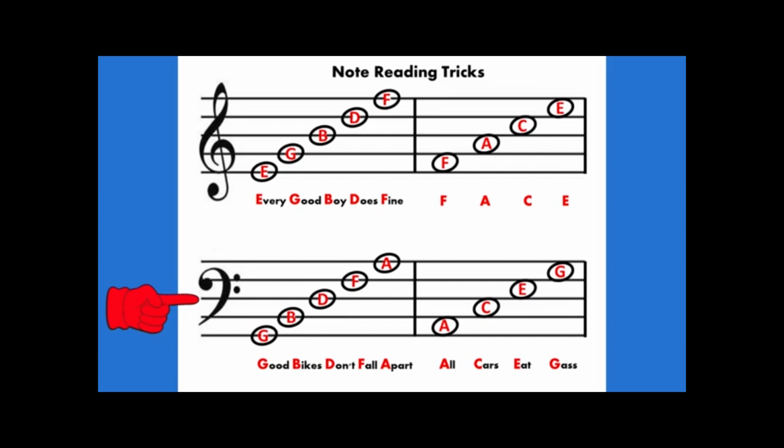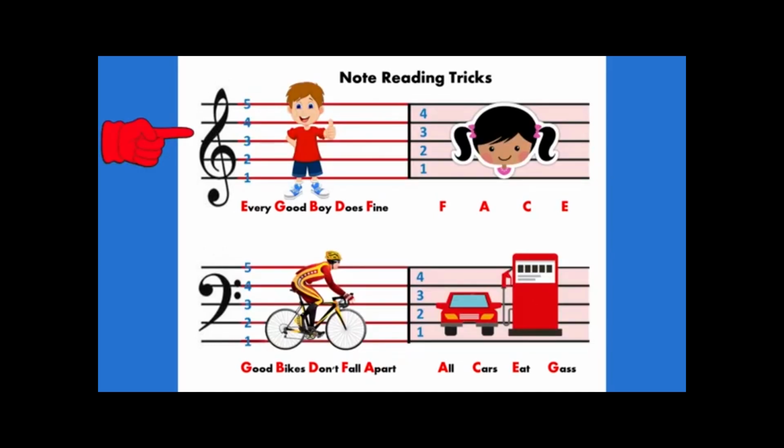Now look at the bass clef. You can remember the bass clef lines if you can remember this sentence. Good bikes don't fall apart. And you can remember the spaces. All cars eat gas. So the treble clef is about a good boy that you can tell does fine by